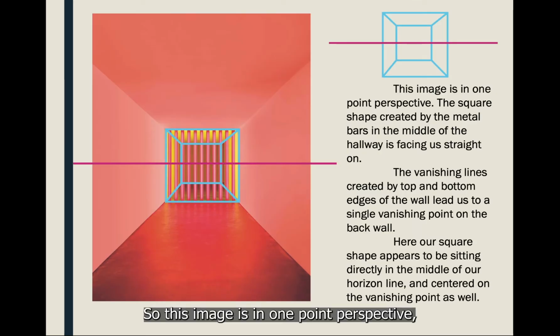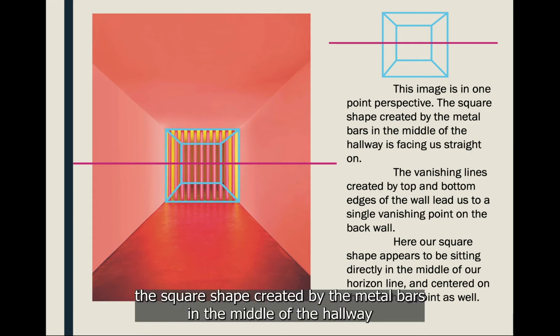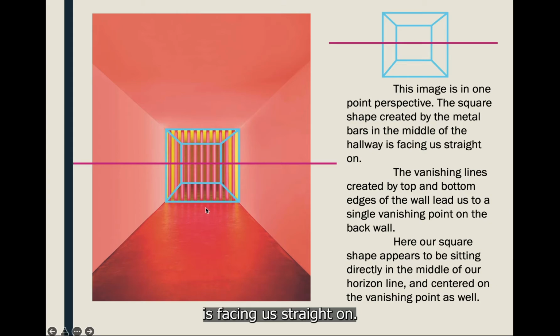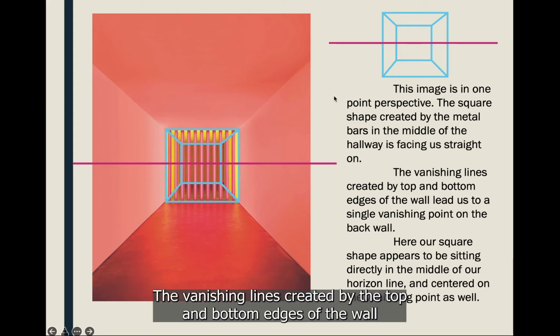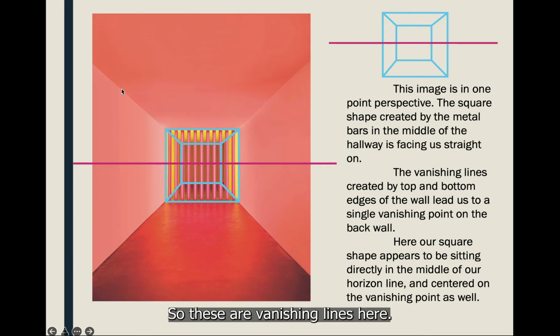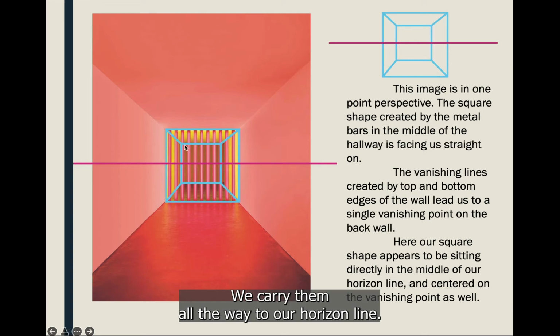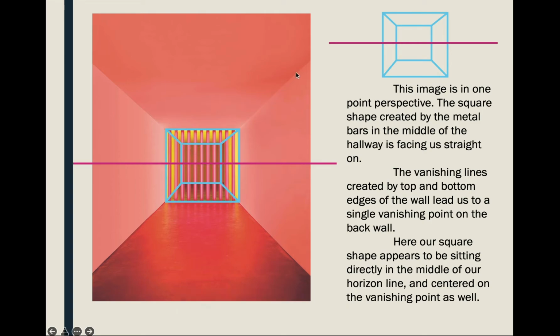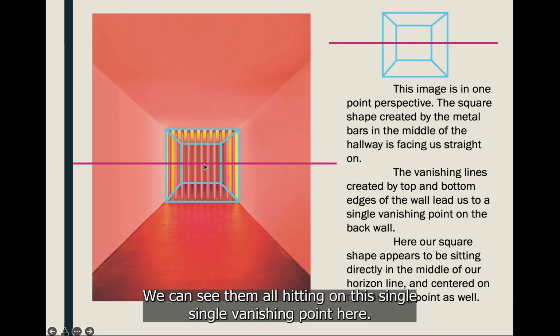So this image is in 1 point perspective. The square shape created by the metal bars in the middle of the hallway is facing us straight on. The vanishing lines created by the top and bottom edges of the wall lead us to a single vanishing point on the back wall. So these are our vanishing lines here. If we carry them all the way to our horizon line, we can see them all hitting on this single